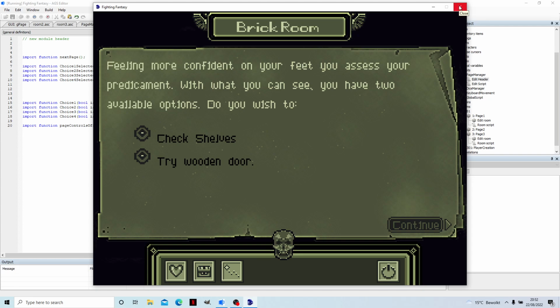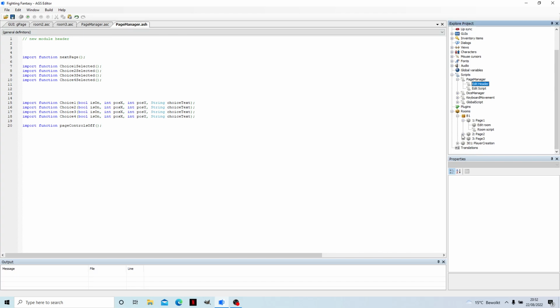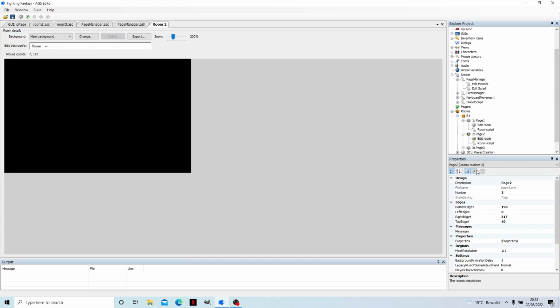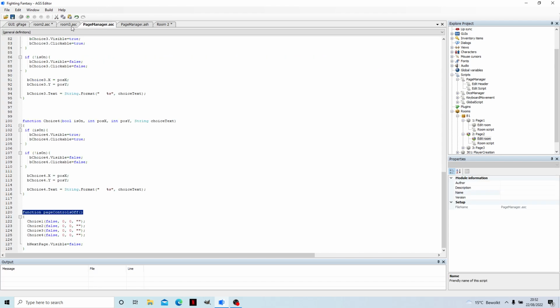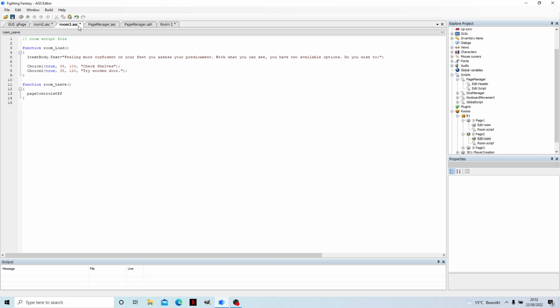So what we can do is, if we go to the previous room, which is page 2, we'll load up page 2, and we'll go to the leave room event and bring that in. We're just going to call page controls off. So that's going to switch off every button on the page. All the choice buttons are going to be off, and the next page button will be off when we leave page 2. And when we go into page 3, even though all those buttons are off,